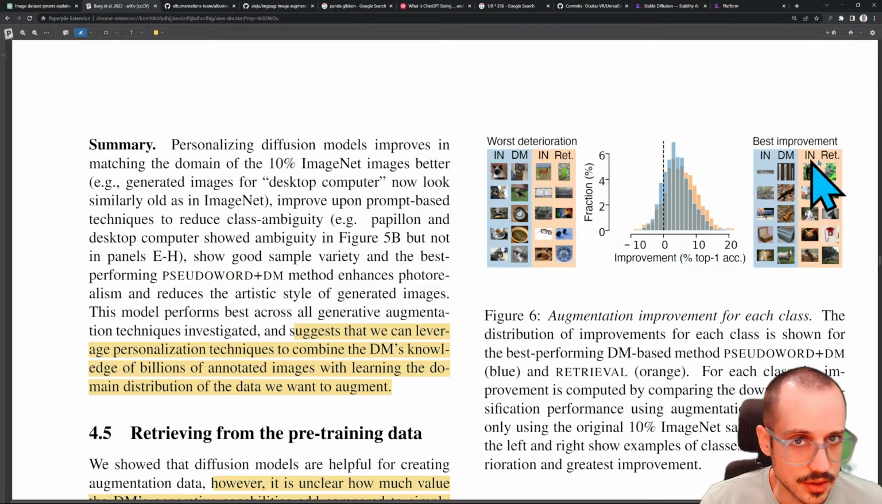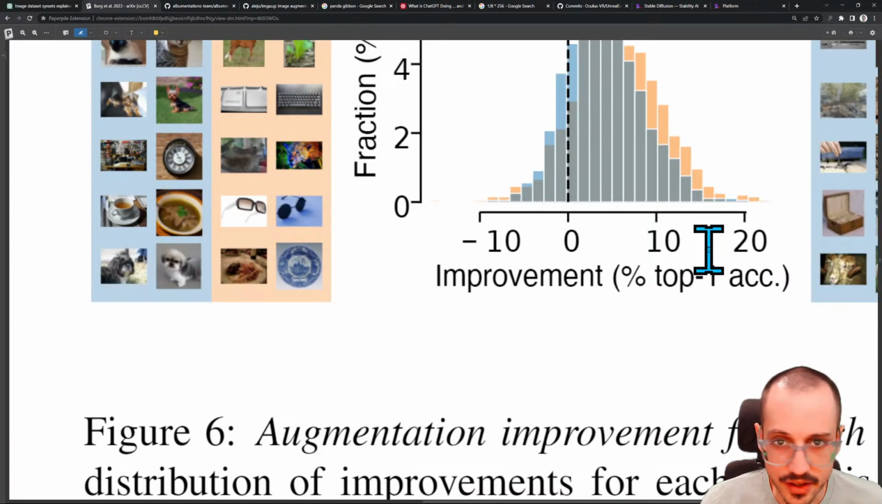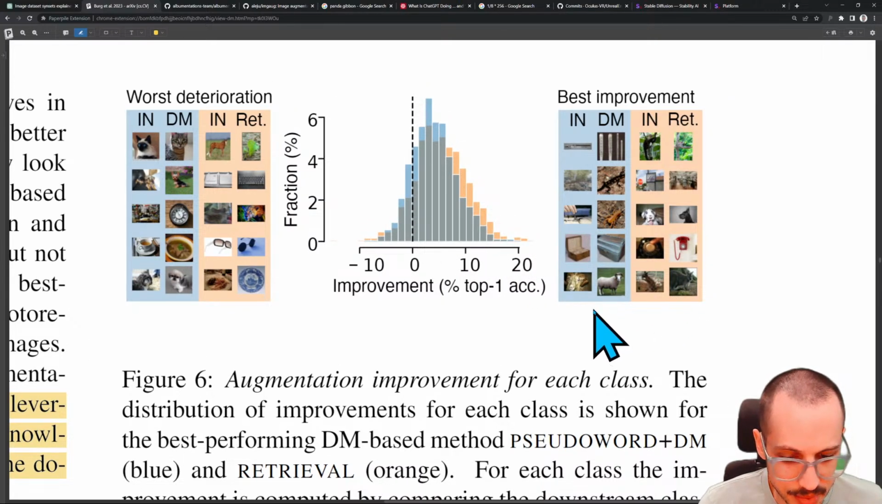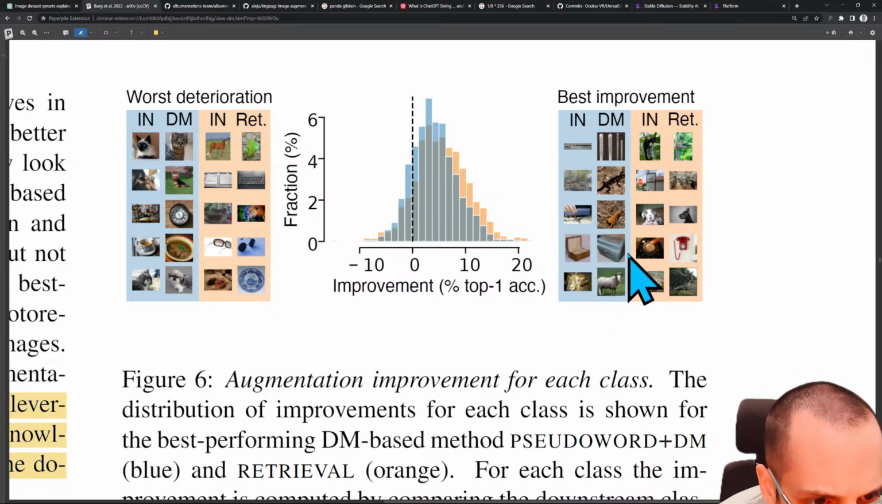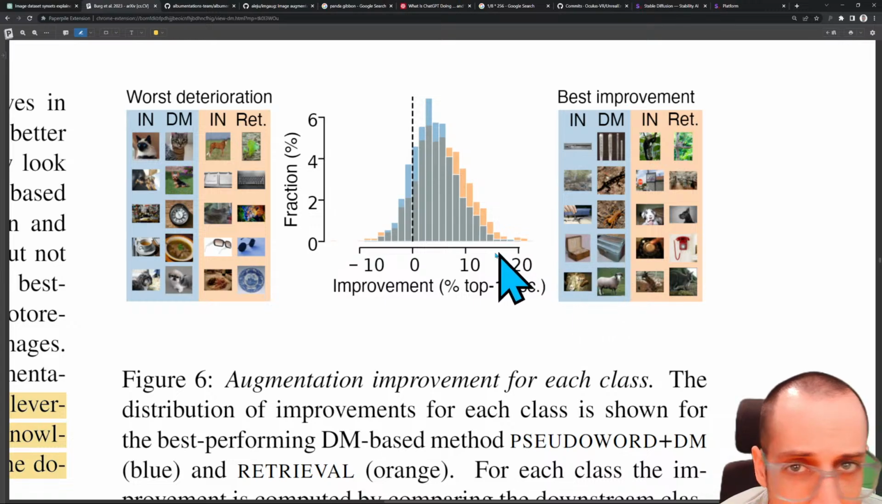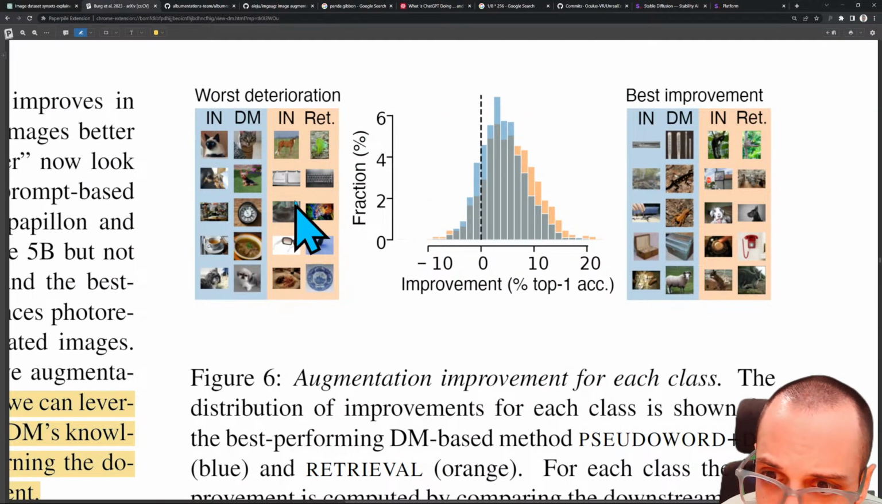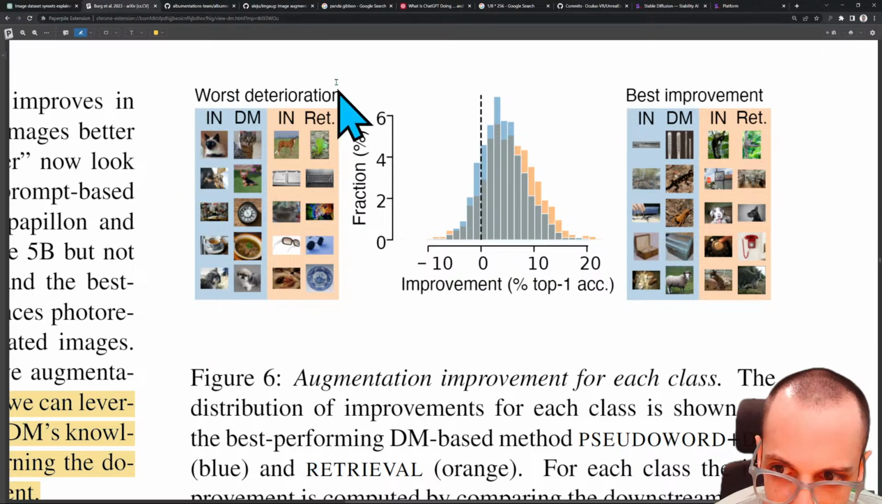So, worst deterioration, best improvement. Let's zoom in here. The best improvement for this type of data augmentation came for these, which look like pictures of scorpions and sheep and maybe, whatever this is, a chest. The worst improvement was cats, dogs, horses. So it seems like the classes where you have a bunch of data in ImageNet actually got worse with this